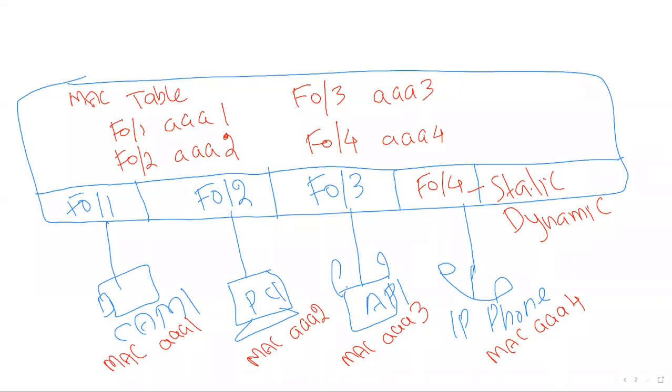We'll continue in the upcoming session to talk more about the switching functionality: how a switch sends data from any device connected to it, the procedure of learning the MAC address, and storing the MAC address in the MAC table. If a device forgets the MAC address, what's going to happen? How will it receive it again? There are a few concepts we need to understand, like the call flow or traffic flow between any point to any point. We'll discuss more in the upcoming session.